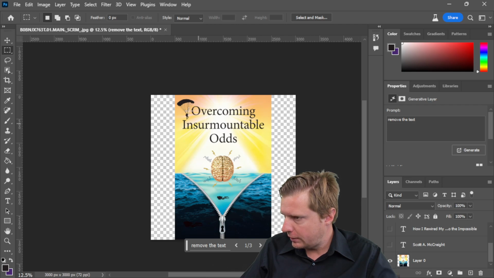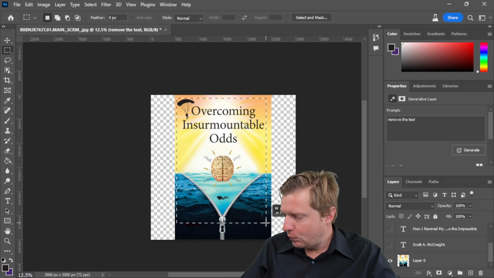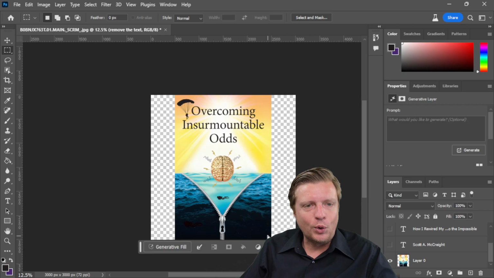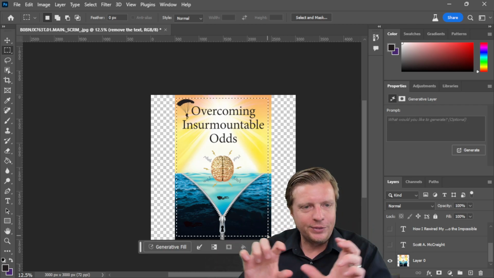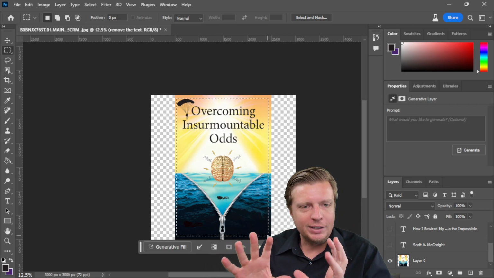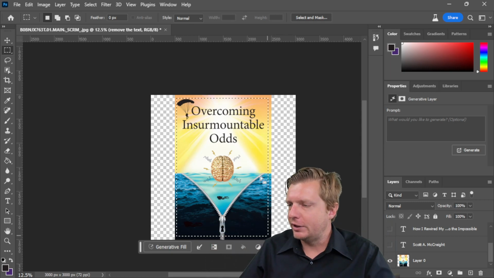those just to be safe. And then I will highlight around the area. And one thing that I hope that you're noticing is that I don't highlight the whole thing. I leave a little bit around the edges. That way it does kind of a clean transition. So then I highlighted that. I said select inverse,